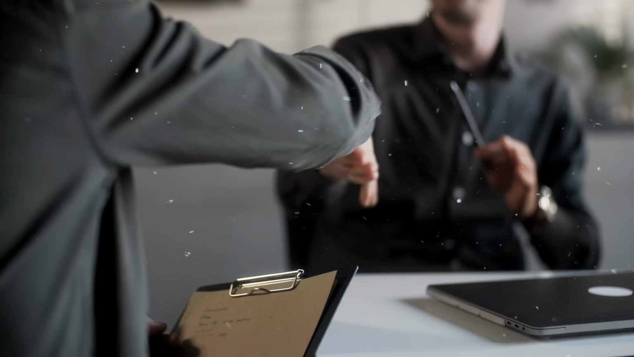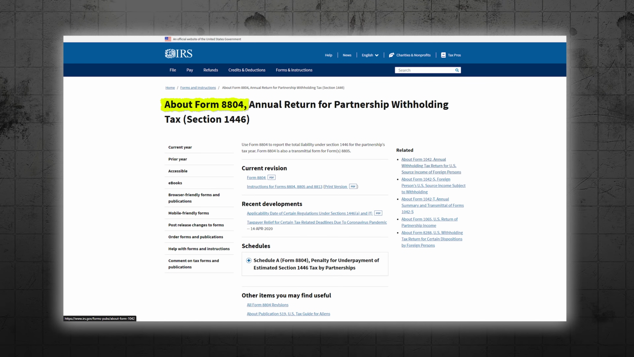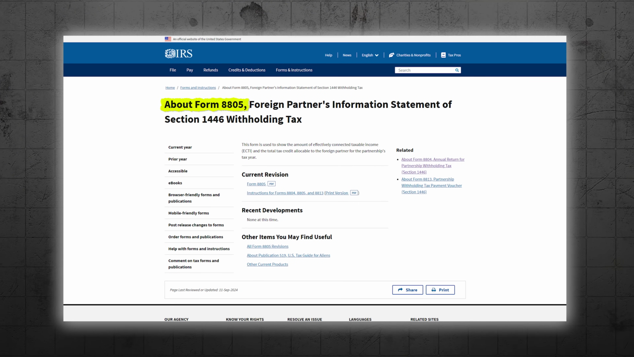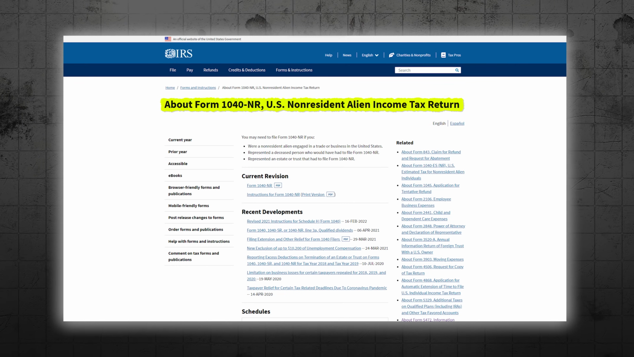Now, for foreign-owned multi-member LLCs, if your LLC is owned by you and more members, for tax purposes you're considered a partnership, and you'll need to file Form 1065. This includes Schedule K1, and if the LLC has income connected with a US trade or business, each member might be required to file Form 8804 and 8805, and just like before, each member will report their personal share of profit on their personal tax returns. So that Form 1040-NR for